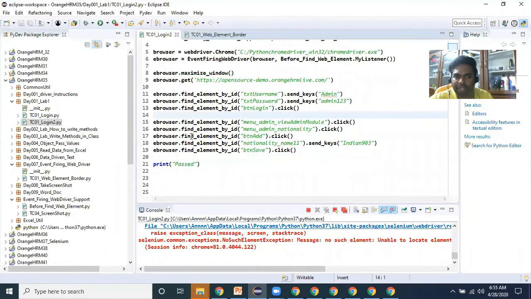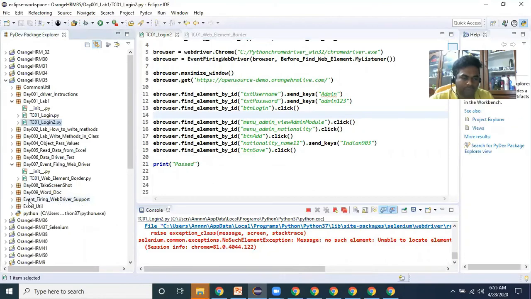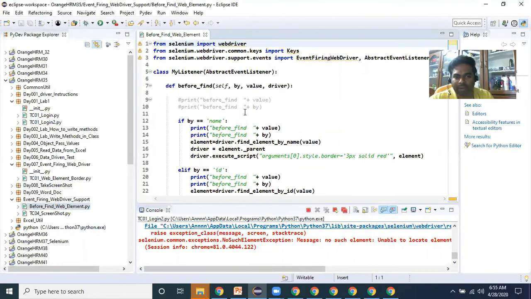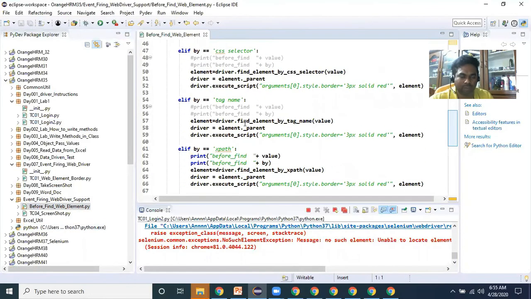That's it about the event firing WebDriver. To execute your event firing WebDriver, we just need to import this one. We don't need to think about the lines of code or how the Python file has been implemented. This is the program we have written in an advanced way.